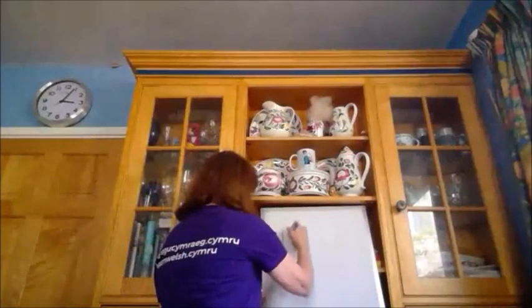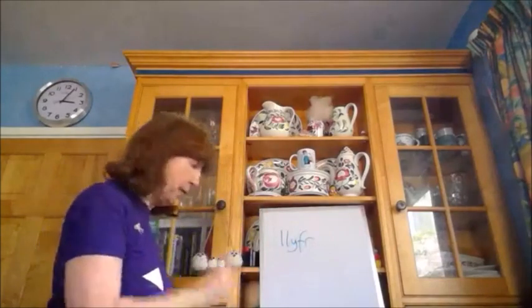So, that's my bags. This time, the word for book is llyfr. Okay? So you try. 1 book. 1 llyfr. Da iawn. 2 books. 2 lyfr. 3 books. 3 llyfr. 4 books. 4 llyfr. 5 books. 5 llyfr. Hawdd, easy. 5 llyfr. 4 llyfr. 3 llyfr. 2 lyfr. 1 llyfr. And these llyfrau, by the way, if you haven't seen them before, are a series for